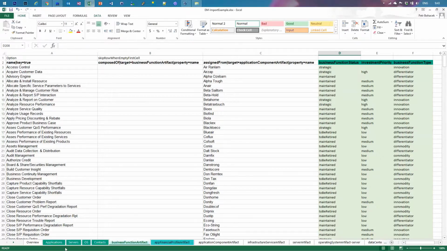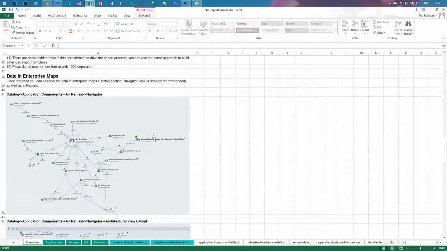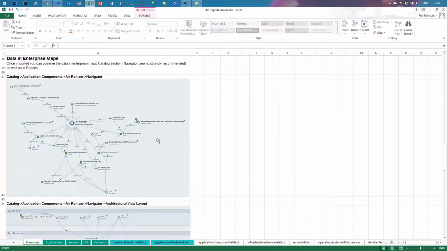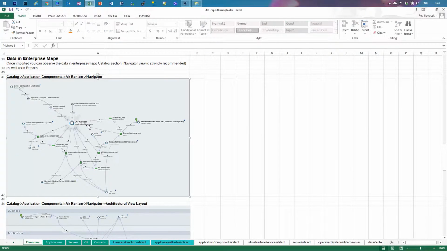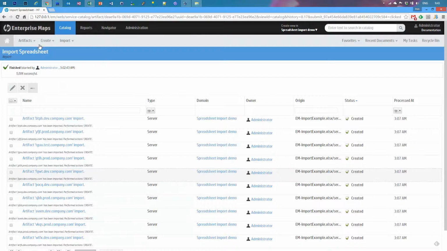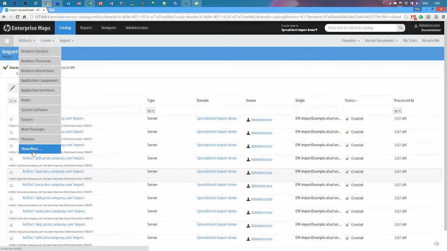Again, if I look back into the sheet, at the end you have also the examples and screenshots of the data. Every time there is a place where you can find such a view, let's observe it in the application. So if we go to catalog, artifacts, and we look at application components,